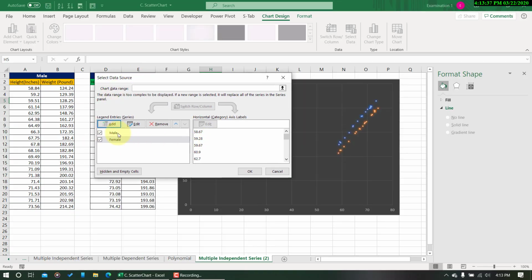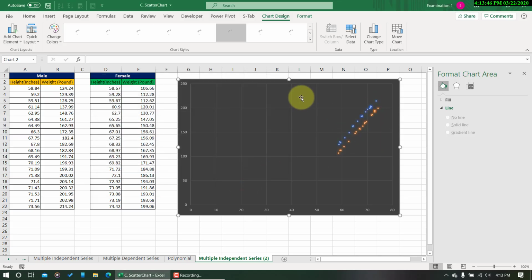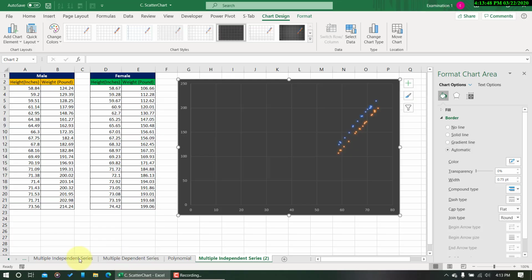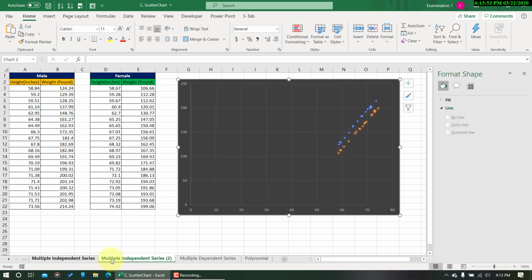Now you can see there are two series and there are two given colors, so that means each color represents a different series. Click OK. Now if you look at this one, multiple independent series, you can see